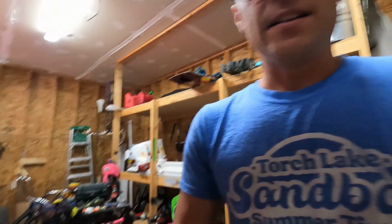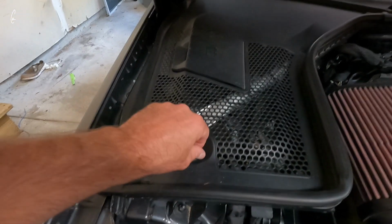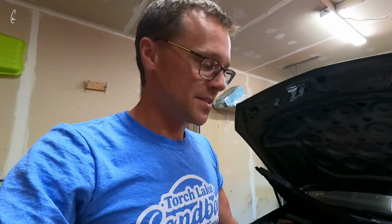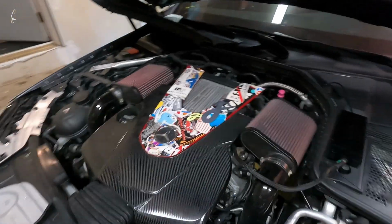Yeah, I'm an idiot. The battery is under there. You can kind of see the yellow. But to get to the battery, you have to open this, and then, nope, still not there. You've got the cabin air filter. There's the Optima battery. Ironically, the Optima battery was only like $300 versus, I think if I would have just bought the battery from the dealer, it was like $250, so it doesn't really matter. I need to clean this at some point. It's super dirty,